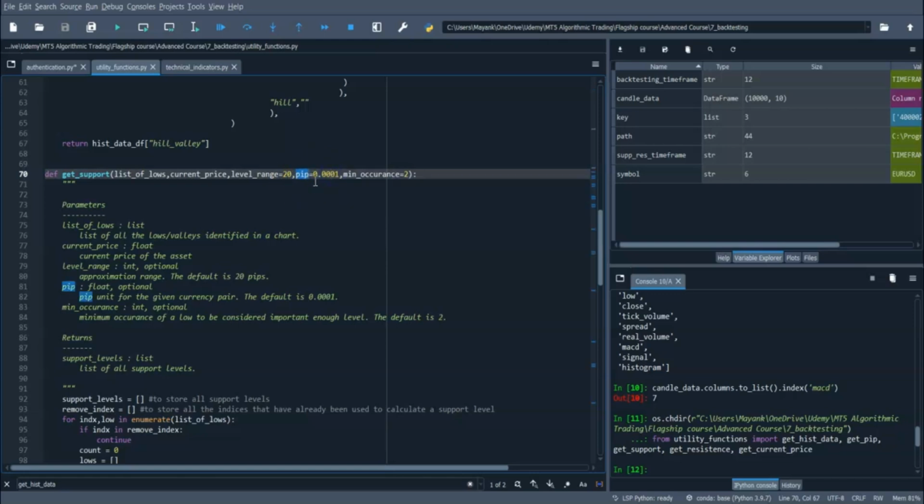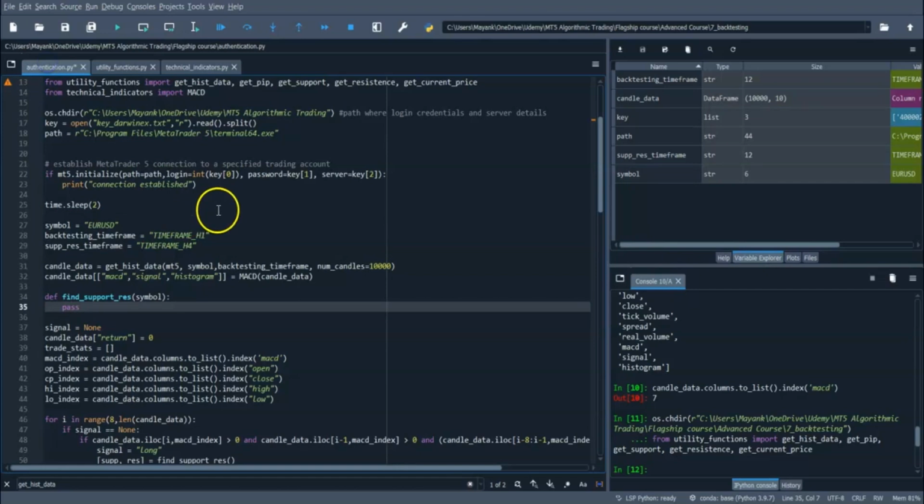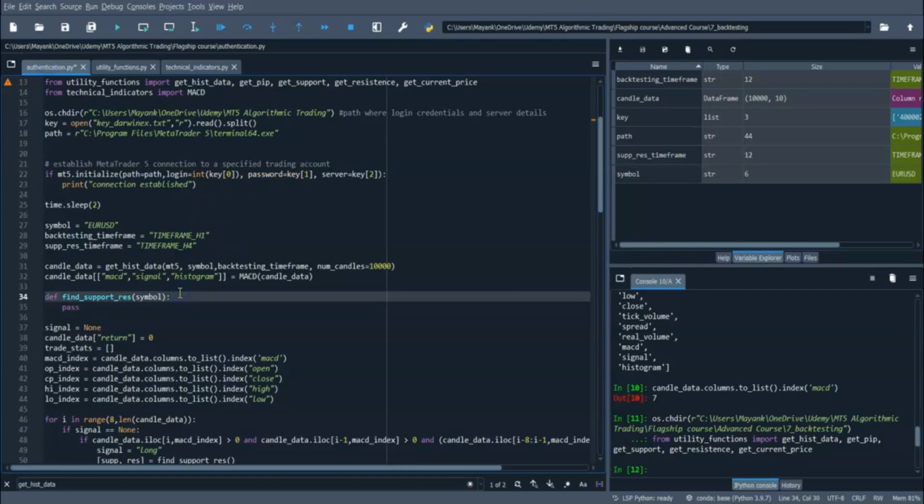The default value is 0.0001, but for different symbols the pip can change, and we know how to calculate pip, so we can pass this value. And minimum occurrence is 2. So we want to have at least 2 occurrences of a given value in the range of 20 pips, and if that happens, that would be counted as a support. So let me copy the whole thing here